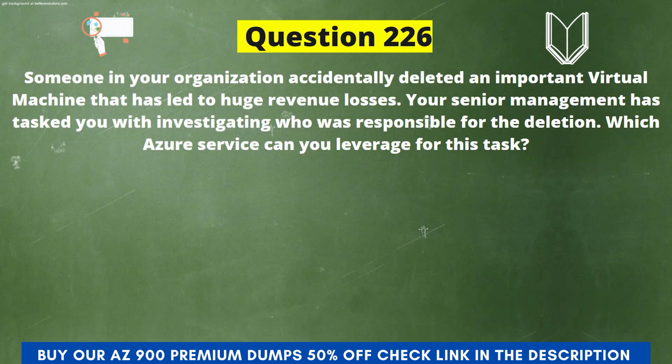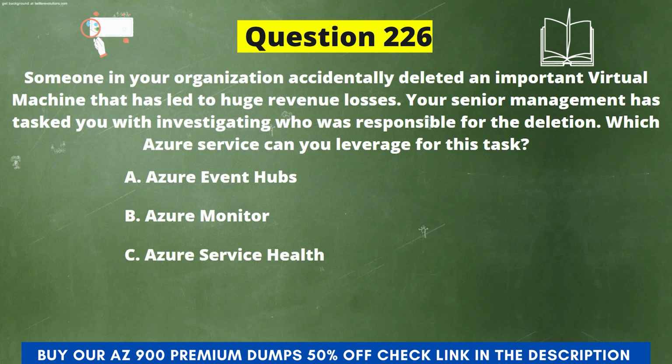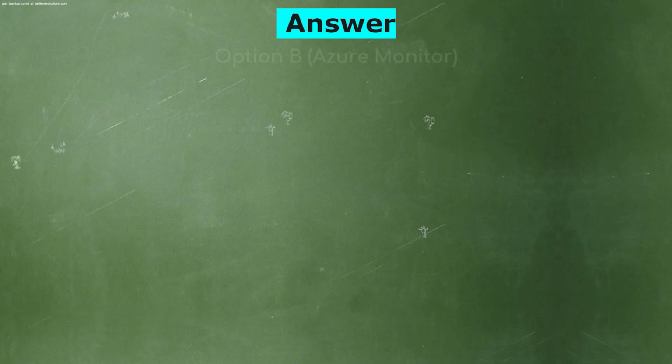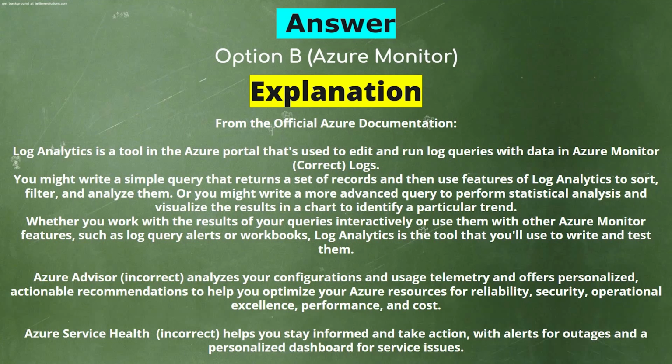And the options are A. Azure Event Hubs, B. Azure Monitor, C. Azure Service Health, D. Azure Arc, E. Azure Advisor. And the correct answer is option B. Azure Monitor. Explanation. Log Analytics is a tool in the Azure portal that's used to edit and run log queries